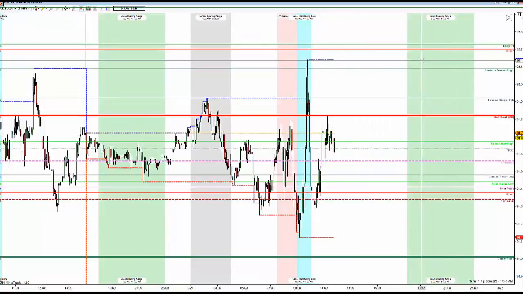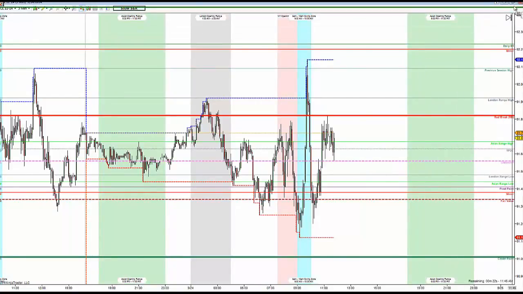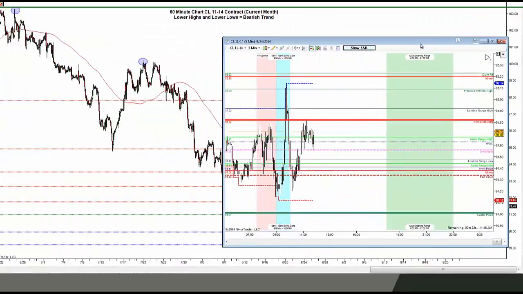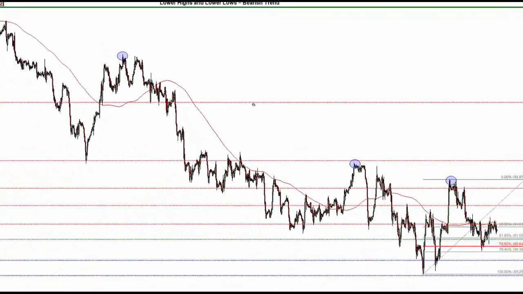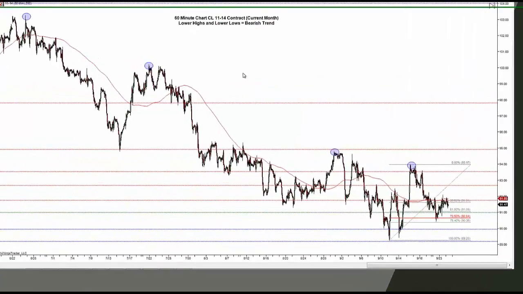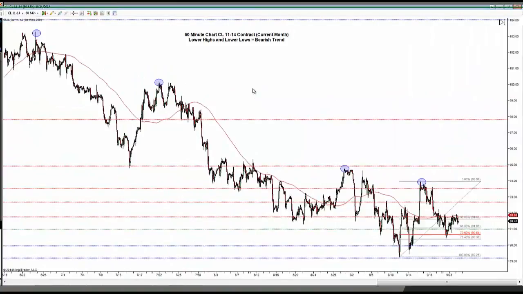No, we only got up to the 92.14 area on the day. So we didn't quite get back up into that neighborhood today. But again, my assessment here on this 60-minute chart is that we are squarely in the bullish, or